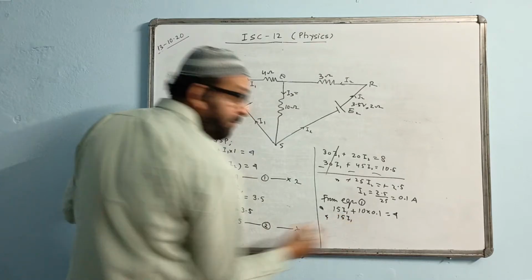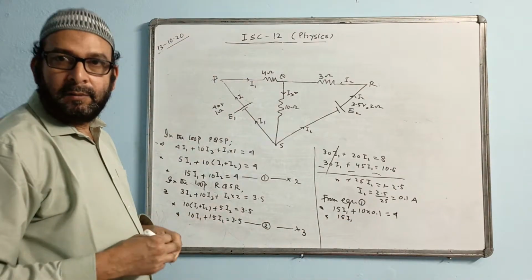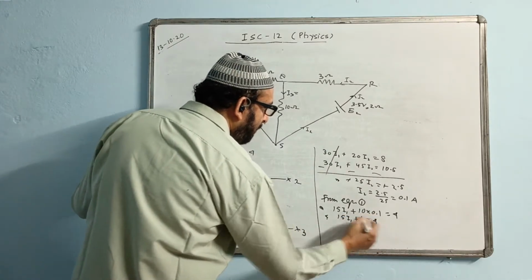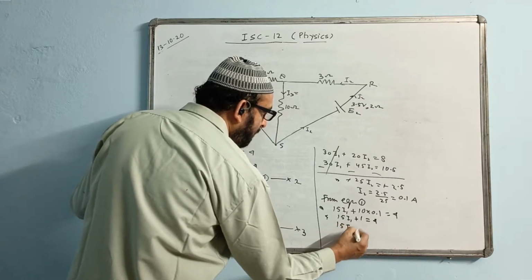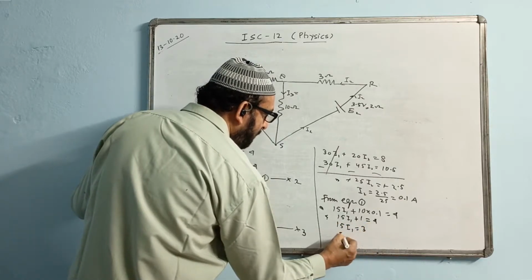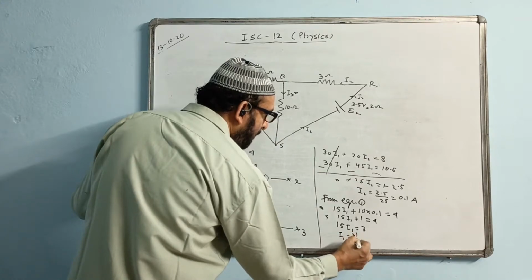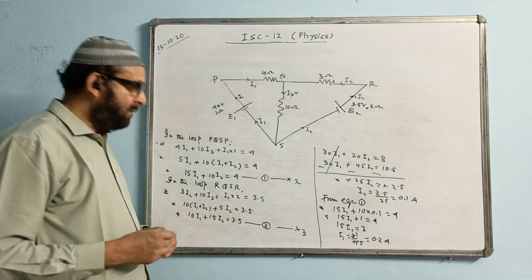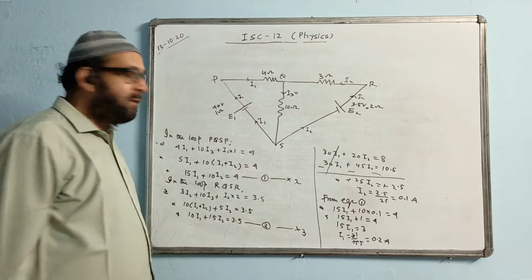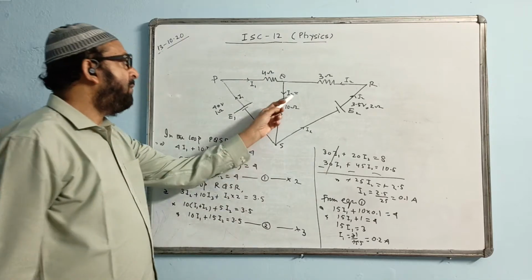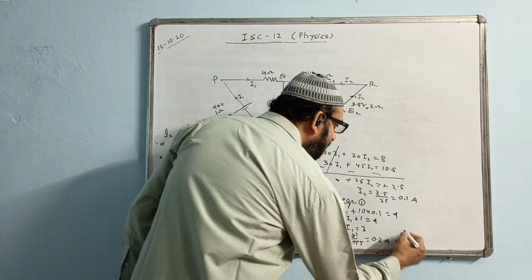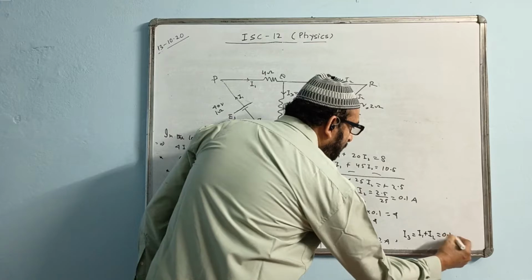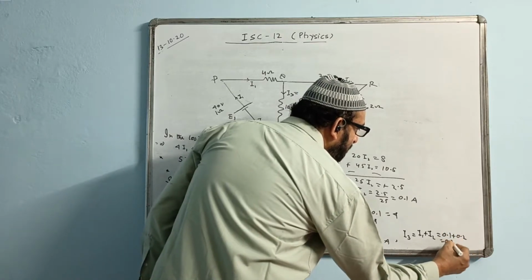Multiplying this we get 1, so 15I1 equal to 4 minus 1. Therefore I1 value is coming 3 upon 15, that is 1 upon 5, which is 0.2 ampere. So I1 value is 0.2 ampere, and I2 value is 0.1 ampere. And what is the I3? I3 is also asked, and therefore I3 is equal to I1 plus I2. So that is 0.1 plus 0.2. The answer is 0.3 ampere.